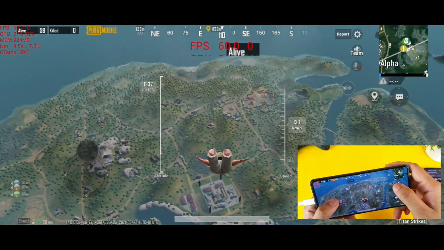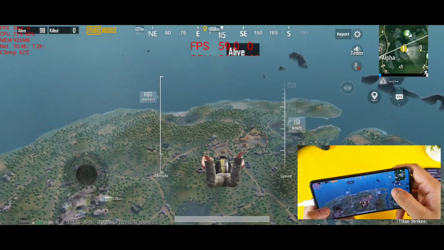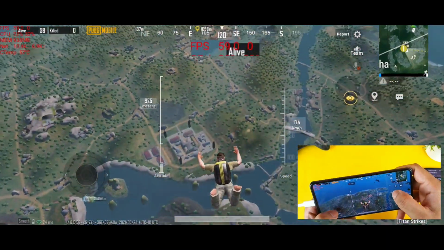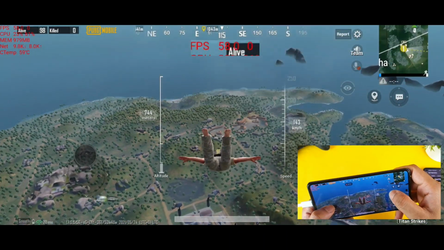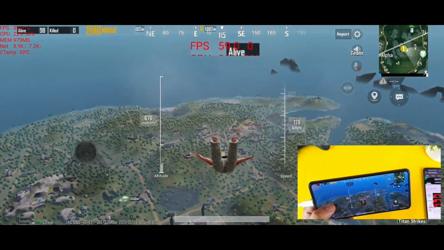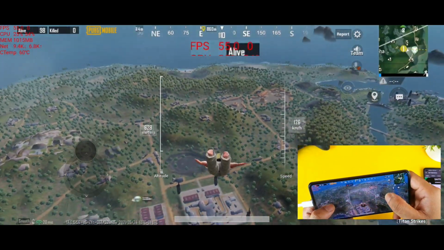So you can see friends the FPS meter coming. 56-60 FPS.